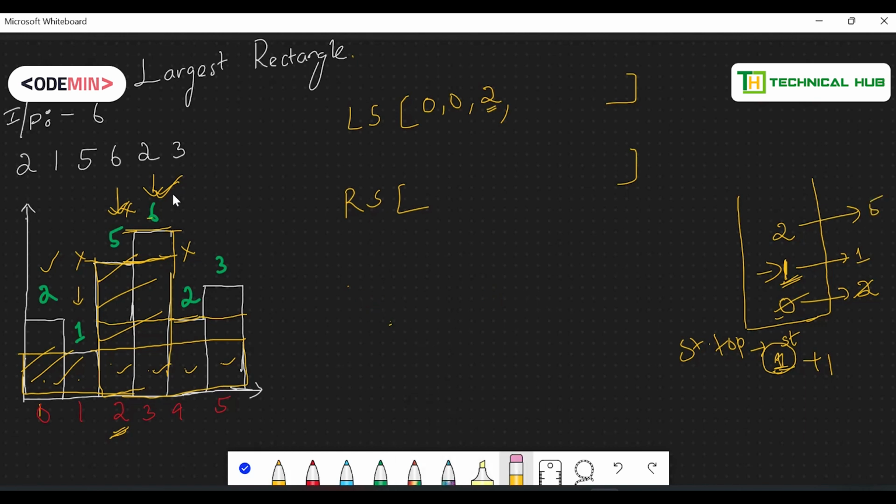Now you bring 6 out and check in your stack. You have the second index, and what is the element that exists at the second index? That is 5. Yes, 6 is greater than 5. So the next immediate left smallest element is 5, and that is located at second index. So you can't extend 6 up till second.